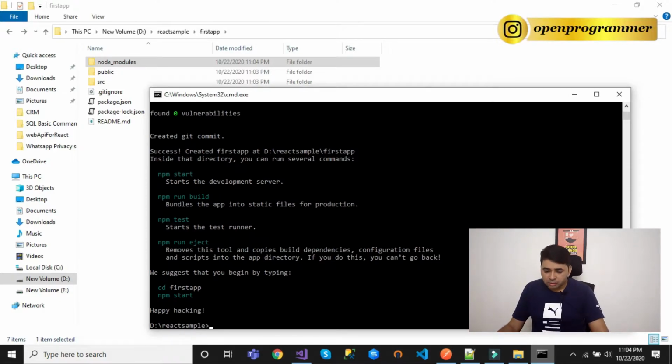Yes, the download process has stopped and we have created all the required files and folders through our create-react-app command.